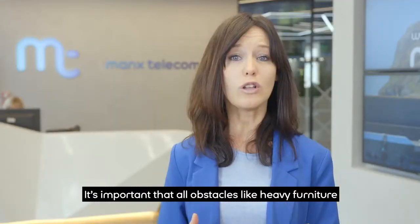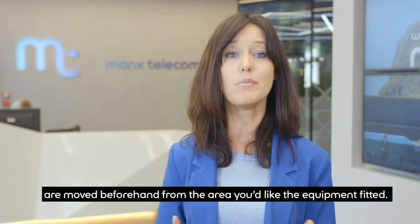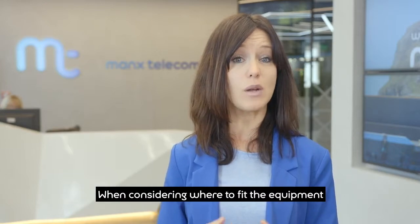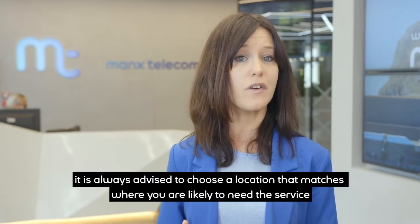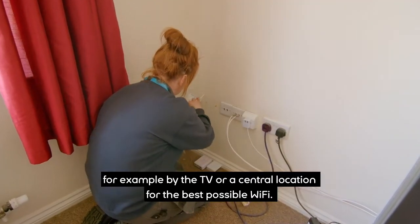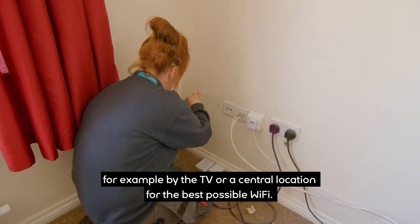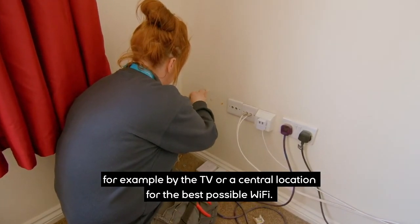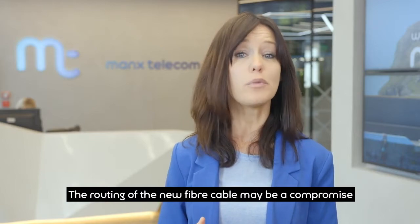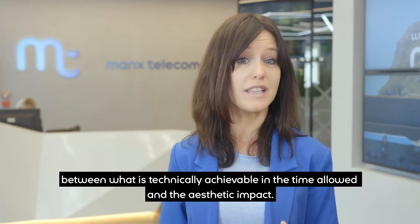It's important that all obstacles like heavy furniture are moved beforehand from the area you'd like the equipment fitted. When considering where to fit the equipment, it's always advised to choose a location that matches where you're likely to need the service, for example by the TV, or a central location for the best possible Wi-Fi. The routing of the new fibre cable may be a compromise between what is technically achievable in the time allowed